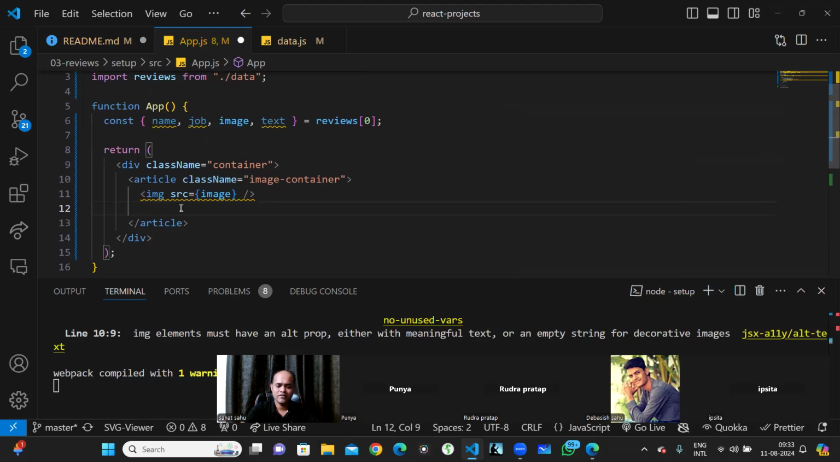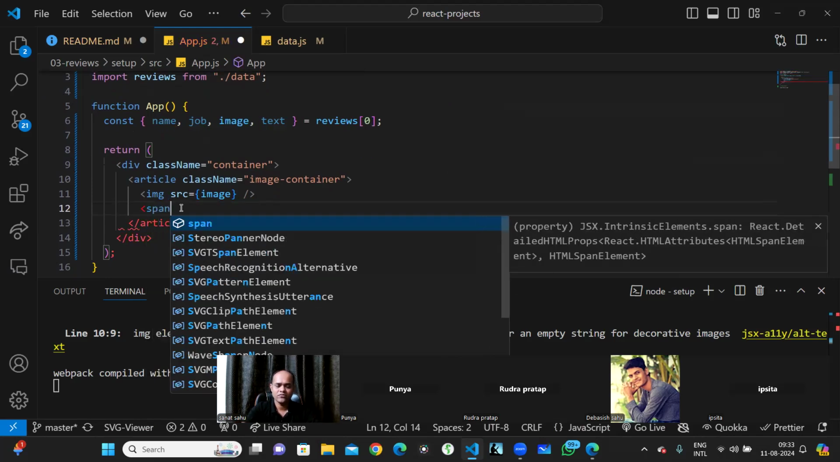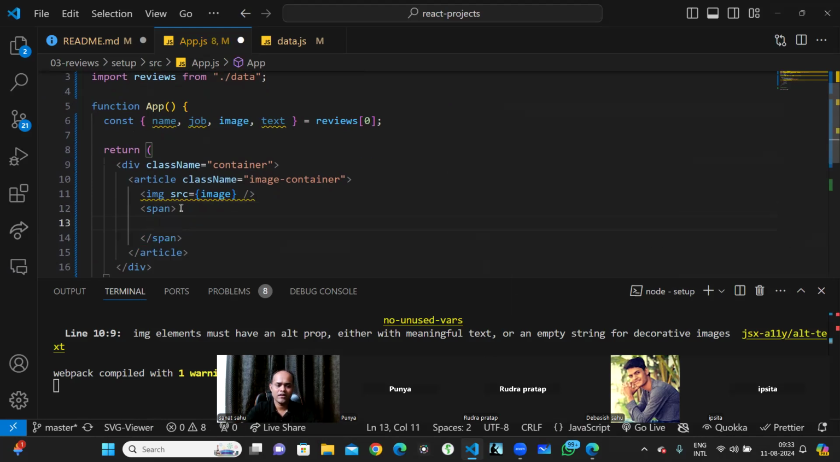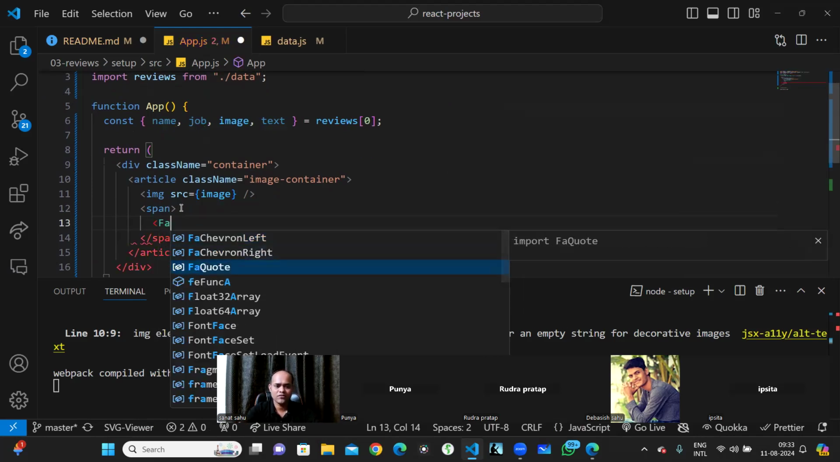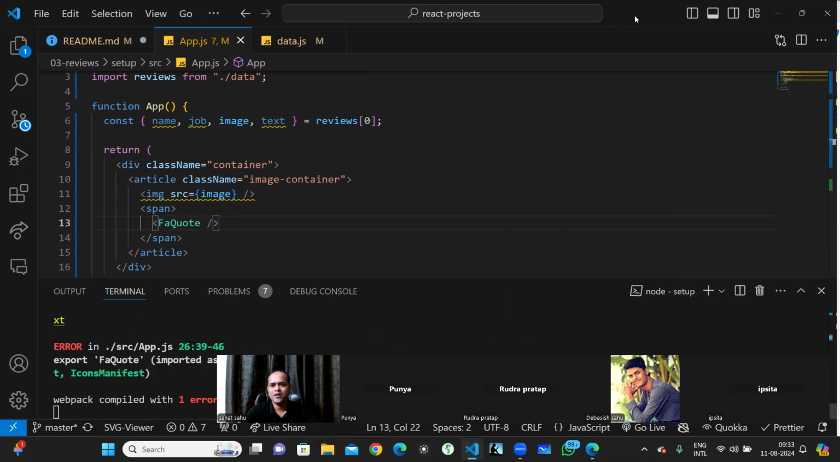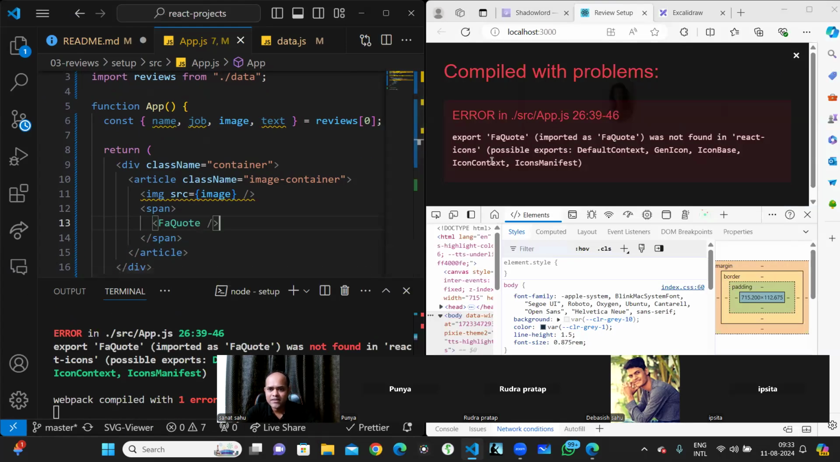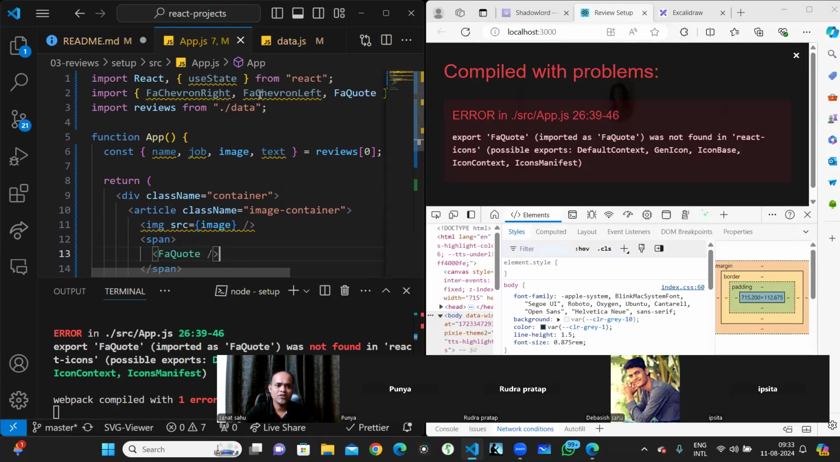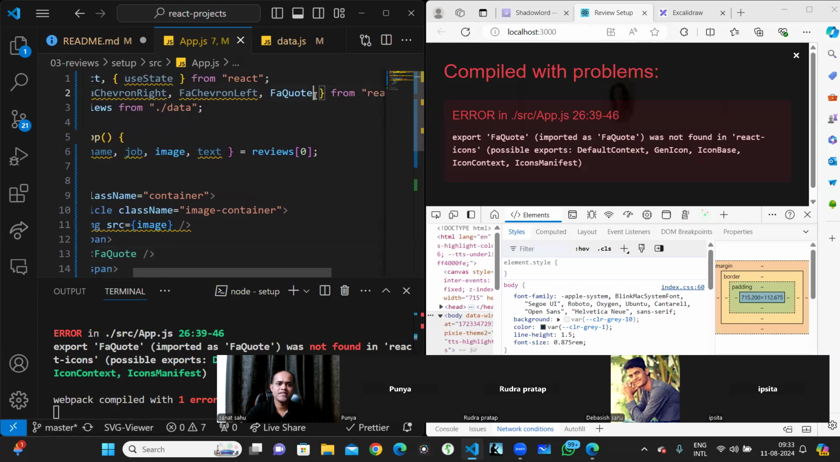Any doubt till now? And I just use the FaQuote. And you'll see that there will be a quote. So let me save everything. It is expected that I should see a quote. It is not there because I think I have not imported it correctly. So it is saying that it is not there. So if I just write a FaQuote,